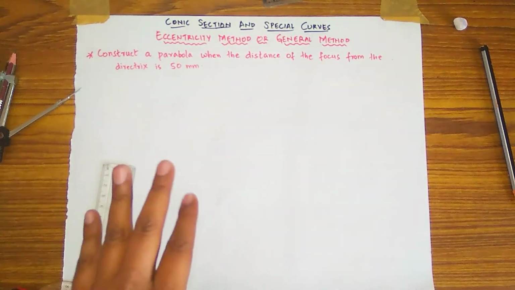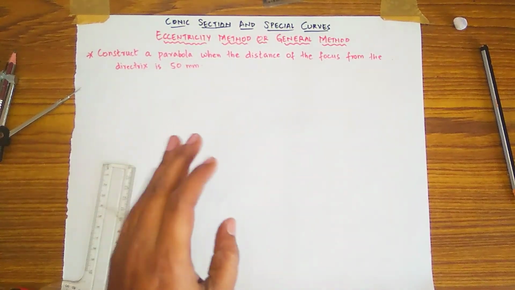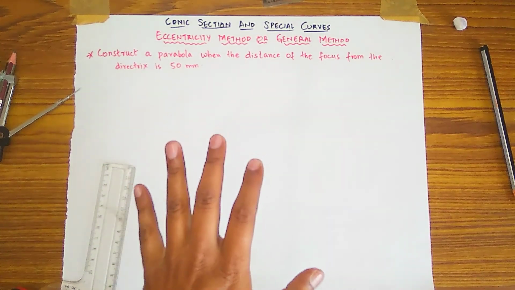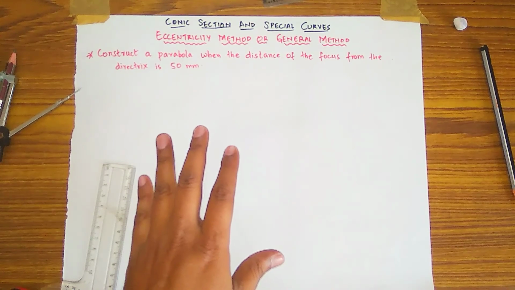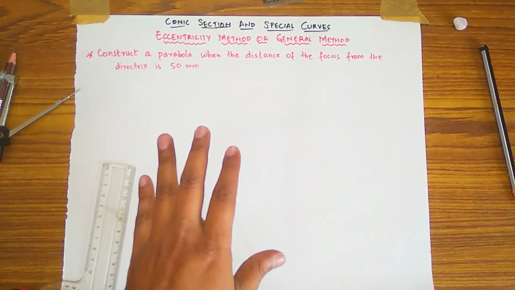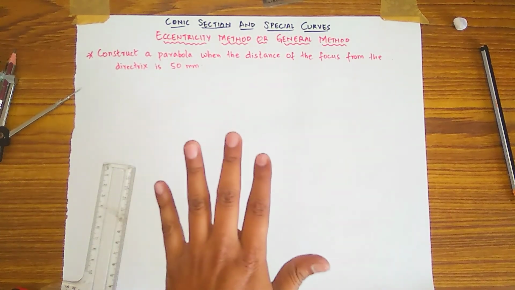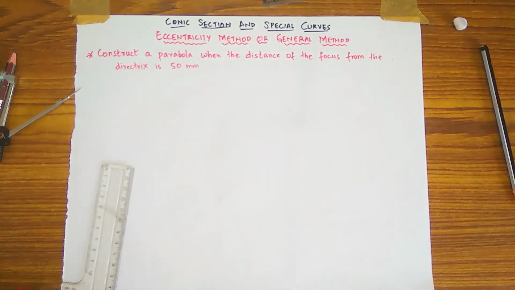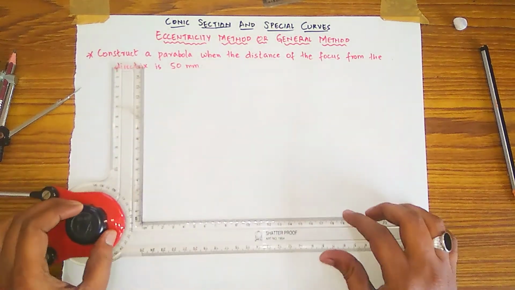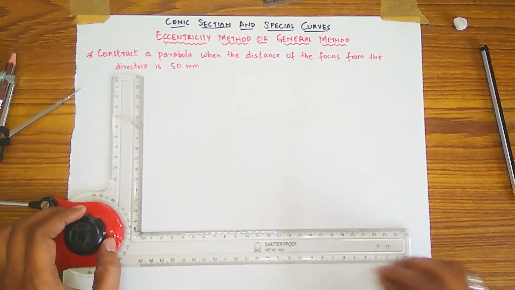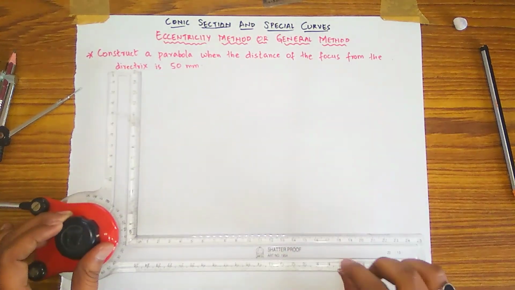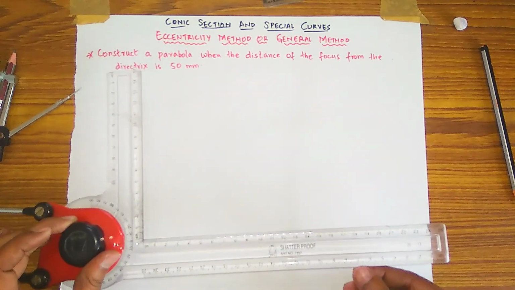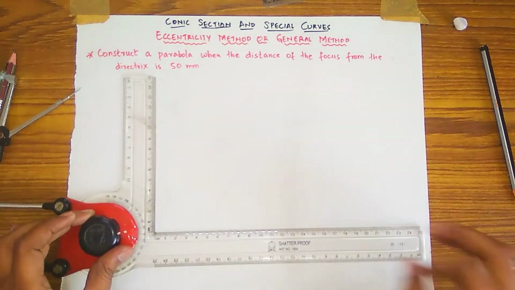Guys, this question is applicable for diploma and ITI students. This problem in the exam will be of 10 marks or 15 marks. So with my skills, how to draw this parabola by the easy method, you will come to understand. Definitely you will be satisfied with this problem. Then how to do this parabola, I am going to explain.